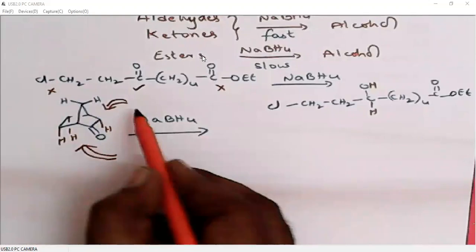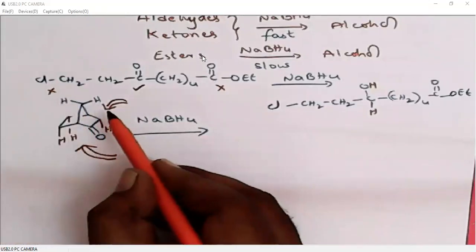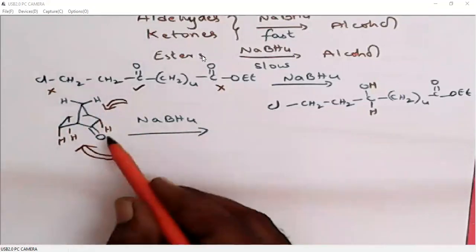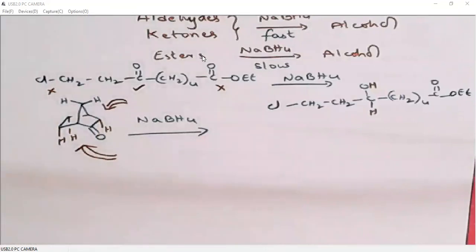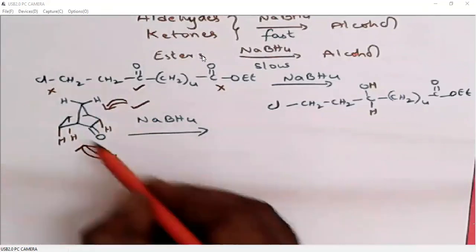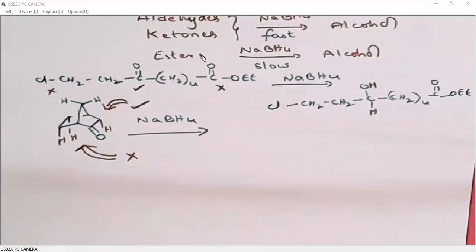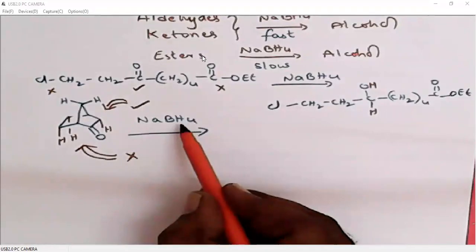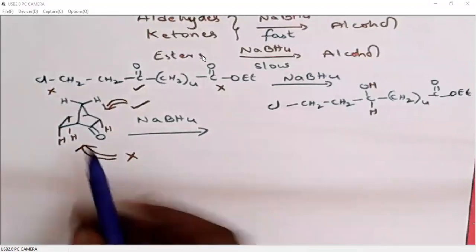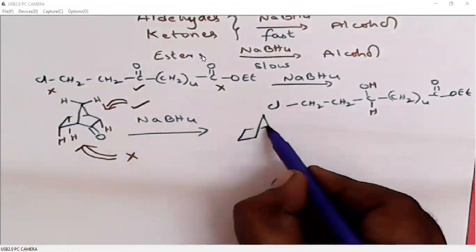Carbonyl is on this side, the right side, and this hydrogen is on the left side. So only one hydrogen is creating steric crowding from the beta face, whereas three hydrogens are creating steric crowding from the alpha face. That is why sodium borohydride will approach this molecule from above the plane but not from below the plane. That means H minus will transfer to the carbonyl from above the plane, so we will get OH below the plane. That means OH, it is an alpha alcohol.